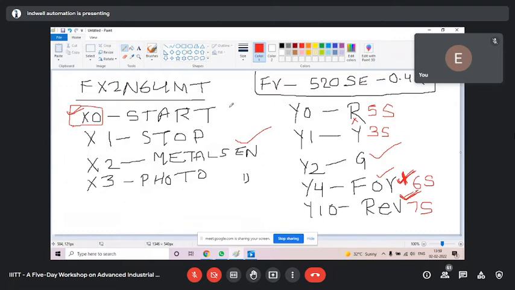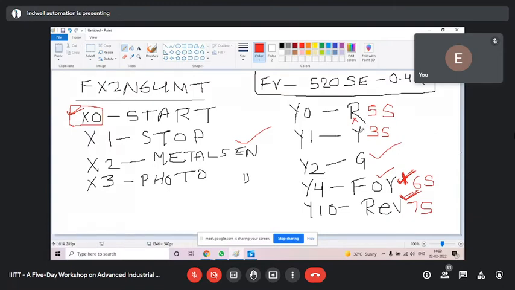We have to make the program in the same way we followed yesterday. Yesterday we made a program for three outputs, three timers. We have the same sequence here also. Once more, I shall repeat: X0 on, red on for 5 seconds. After 5 seconds, red off.